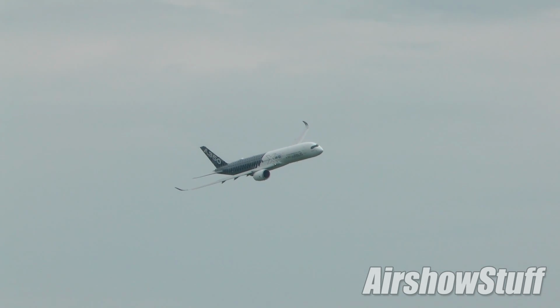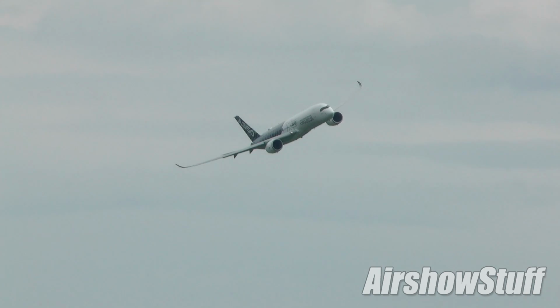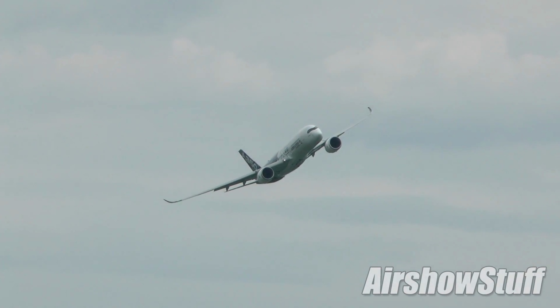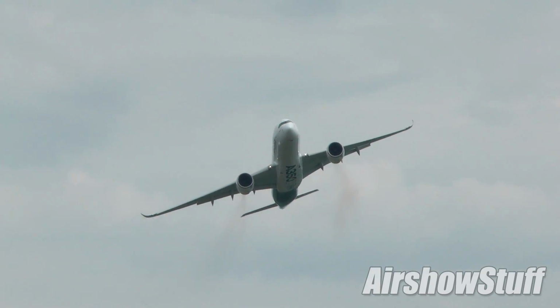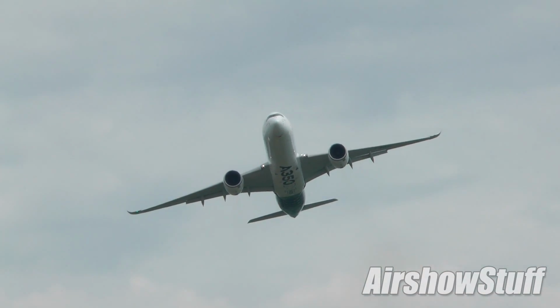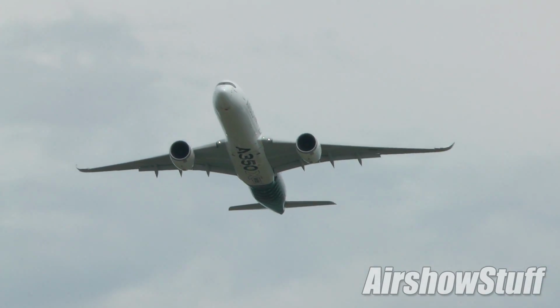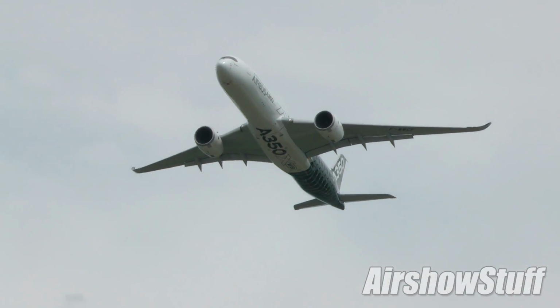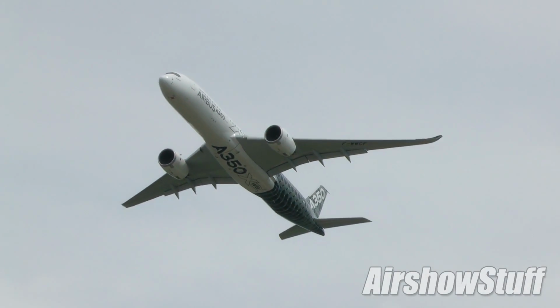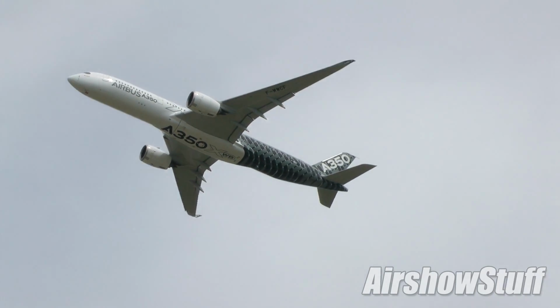So right now our friends are coming back for a low speed pass. They have selected config 3 and they are targeting to be at the minimum speed, which is protected. And you will see this is one of the great advantages of the Airbus fly-by-wire. We don't have to be scared, we have a protected fly-by-wire. It can also fly quite slow. I said right now, about